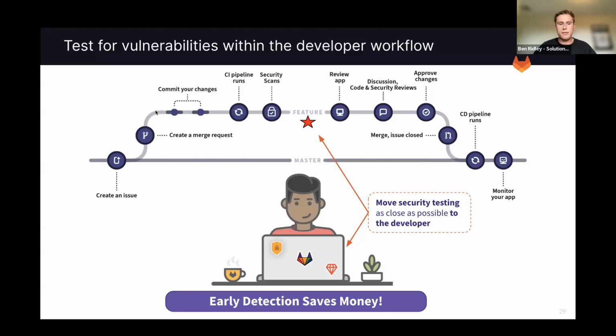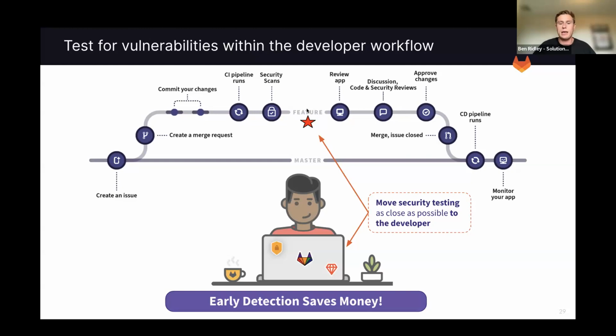As they add code to that feature branch, in the background, there's going to be CI pipelines and security scans that kick off and run against the code in that feature branch. So as a developer, every time you push a new commit, you're going to get feedback from GitLab on that feature branch and inside that merge request that's going to tell you any security vulnerabilities that you might have accidentally introduced. So while you're writing the code, you're getting fast feedback. You can see any vulnerabilities that you may have introduced and remediate them while you're in that development process and